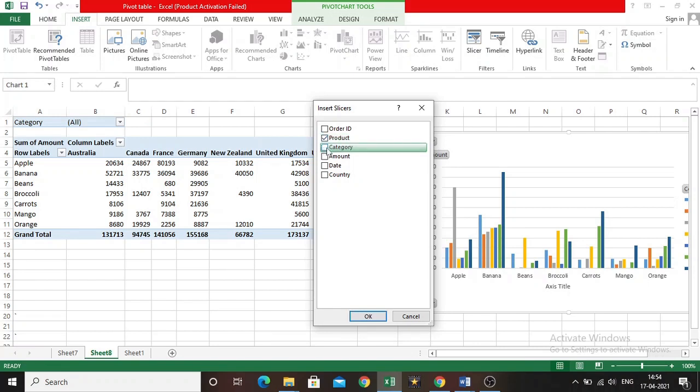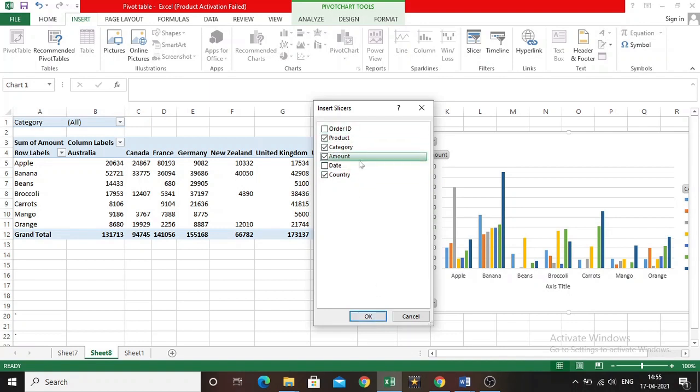The second one is category. Category is whether the given product is a fruit or a vegetable. So the two categories are given in the data, so I am going to select that also. Then the third one is amount. Of course amount is required for analysis, so I am selecting it. Date, right now date is not required for our analysis, so I am leaving it as such. Then country, we need it, to see which country is exporting more or which country is exporting less. For such kind of analysis we need that input also, so I am selecting it.